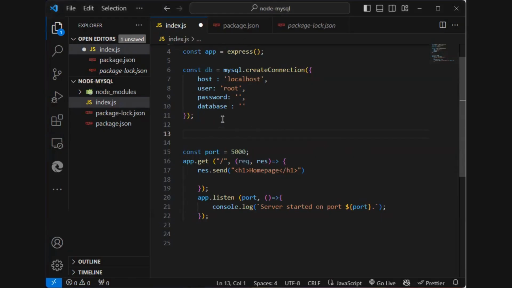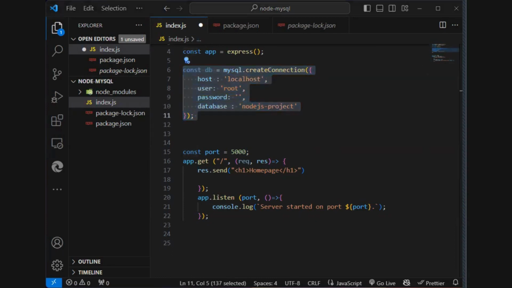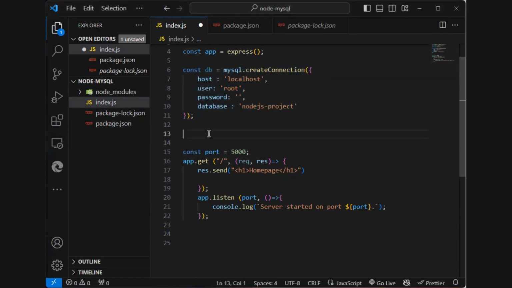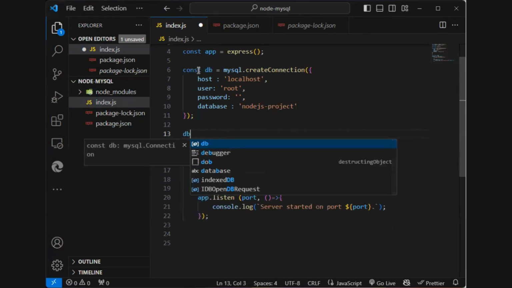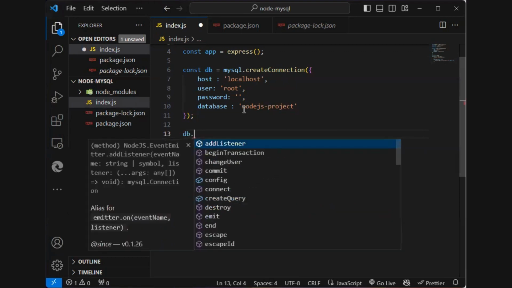So now, after we created our database, let's come back here into index.js and type the name of that database that we created inside the database field here. So now we created a connection. Let's connect. In order to be able to connect, let's type the following. db is the variable where we stored our connection, so db.connect,